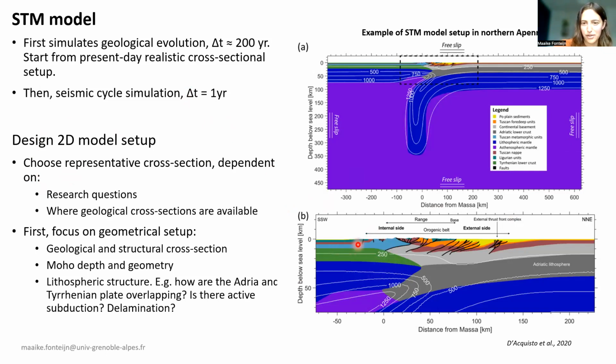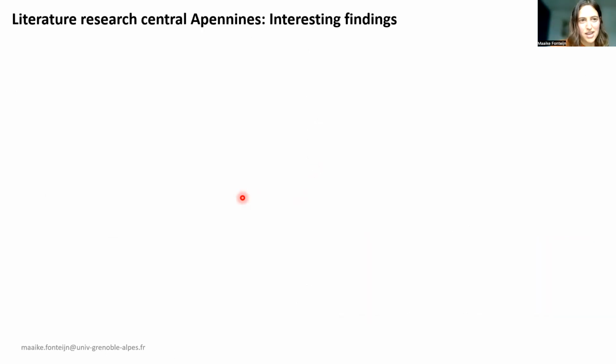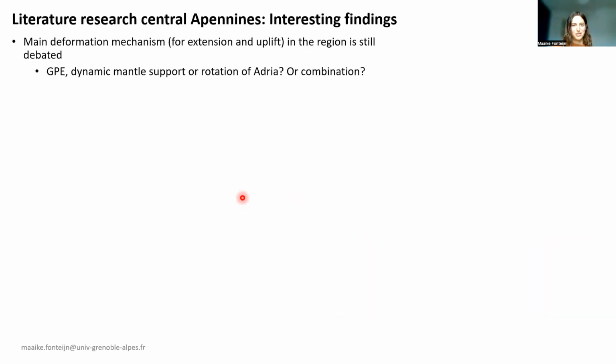So first, we need a geological and structural cross-section. Furthermore, information about the moho depth and geometry is required. And we need information about the lithospheric structure, for example, how the plates are overlapping, and if there is even an active subduction underneath the central Apennines. So to constrain this, I've been reading a lot of papers, and I will share with you some interesting findings